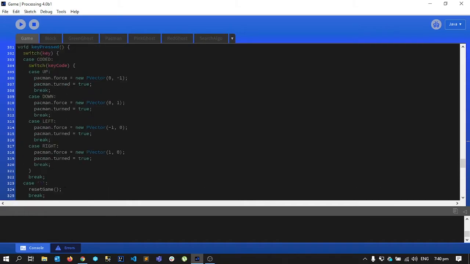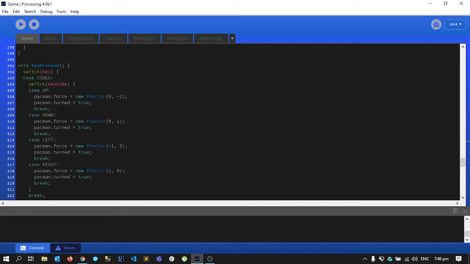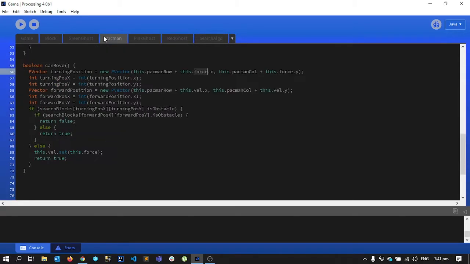where is it, this key pressed function, and it is obviously bound to my keys. Whenever I press one key, I send in one vector according to the direction, and I receive them here.